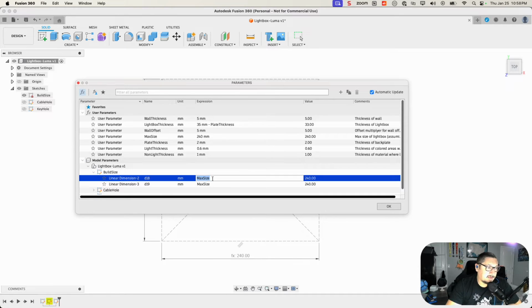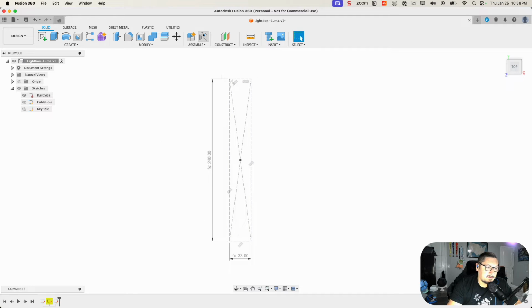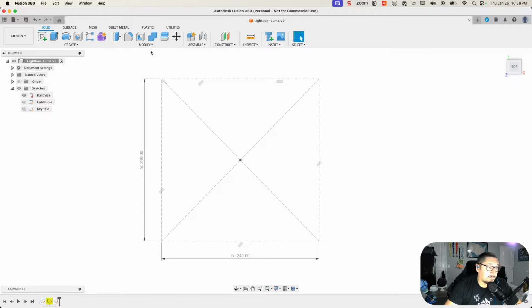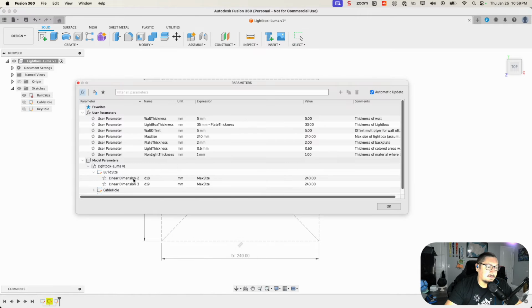If I click that and change it to, let's just say, Lightbox thickness and hit OK, we can see our model has updated because this is now Lightbox thickness. So I can set that back to max size, just get that reset, and now we're back to where we were. That makes it really useful if I ever have to come back in here and tweak something. Maybe the colors I have, I need to make it a little bit thinner or a little bit thicker. I can just change that one setting, and then my whole project, my extrudes and all the sketch dimensions, essentially get